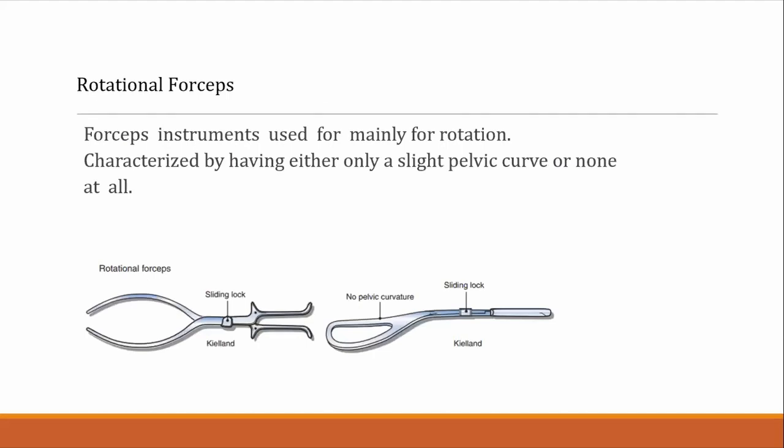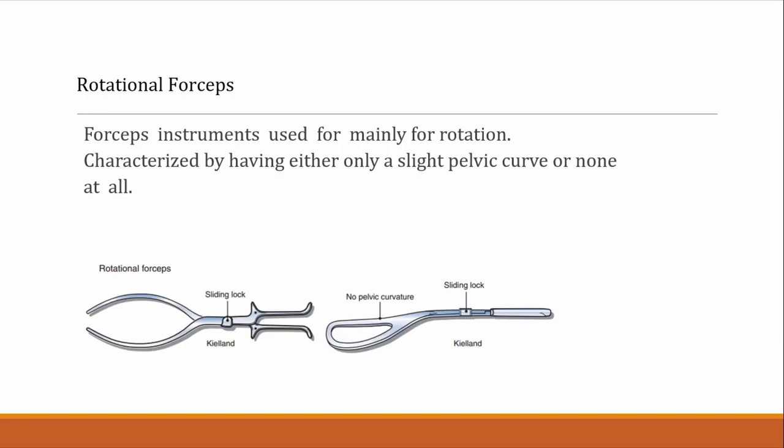So when we talk about rotational forceps, these instruments are used mainly when we need rotation. They have either no pelvic curve or only a slight one. You can see that's why we don't need the pelvic curve, because it's rotational. We want to accommodate rotation, so we don't want any curvature, so that we can minimize the risk of trauma to the maternal pelvis. And the lock should also be sliding, because you can see in the next slide